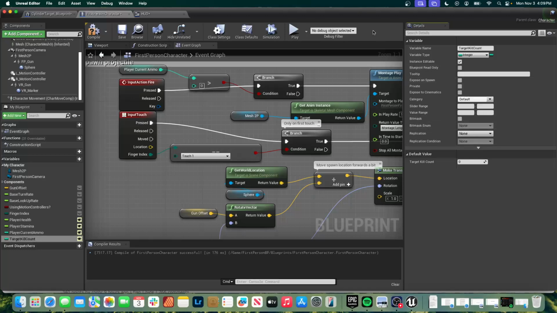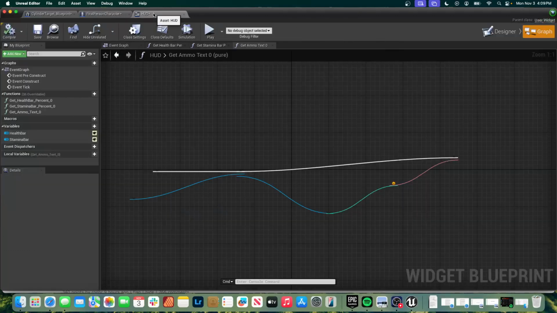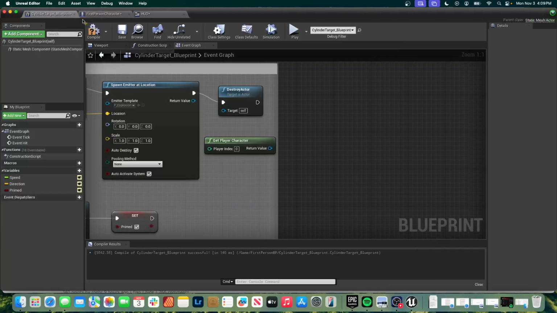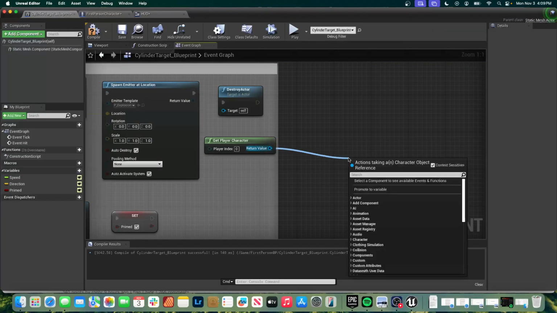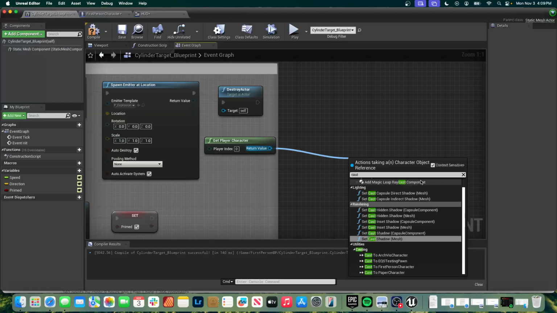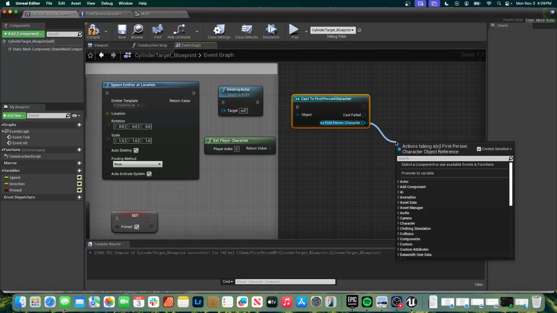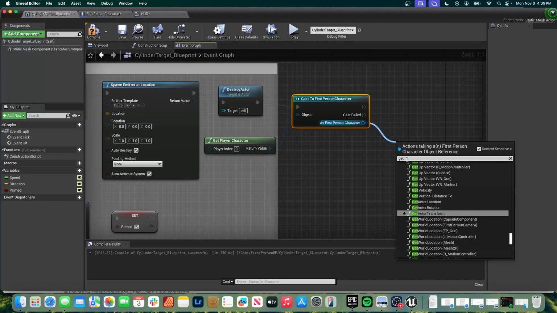Let's see here. So we did the get character. I'm going to go back over here. We get the character. We're going to do the cast to first person character. That's the next step in our kind of chain here. So we bring this over here. We say cast to first person character. That gives us a thing here. We're going to do as first person character. We want to get